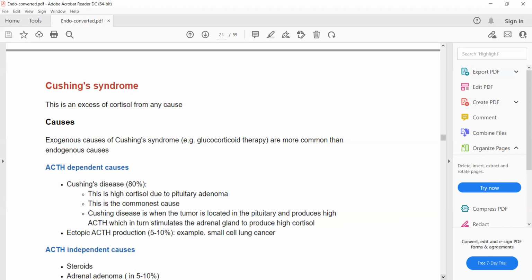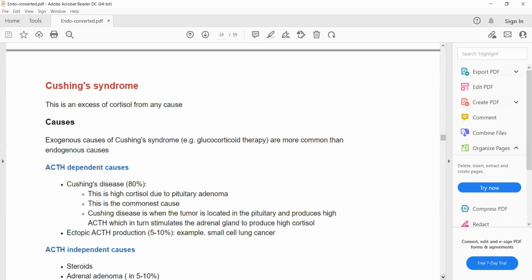So what will happen in ACTH secreting pituitary adenoma? The person will have features of hypercortisolism and it will be known as Cushing disease. So ACTH dependent causes include pituitary adenoma